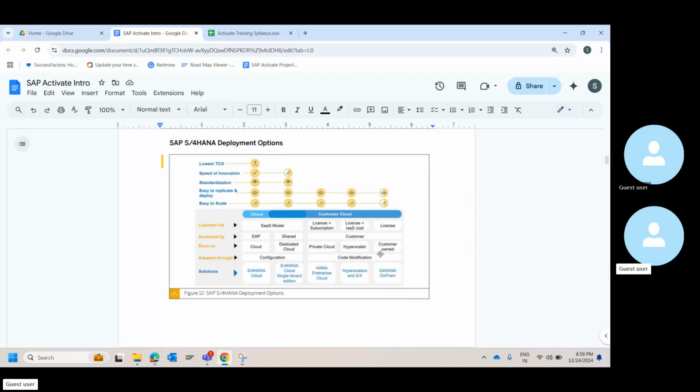So tomorrow, if someone is on cloud and they have opted for multi-tenant edition, before you step into the project and take up the implementation, you must be in a mindset, and you must also instill that mindset, of sticking to the standard, both in your customer and in your project team, your internal team members.